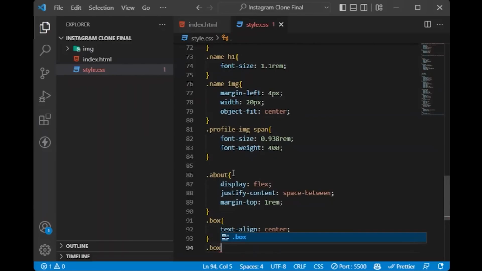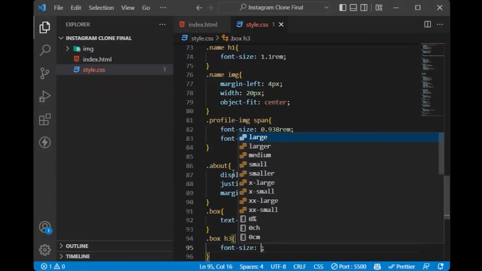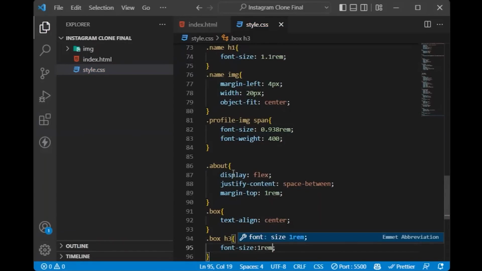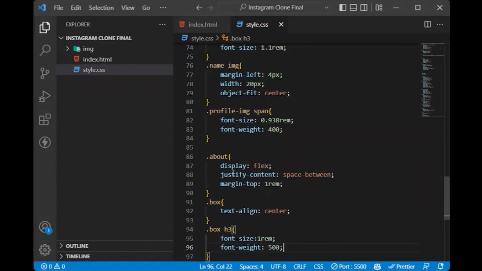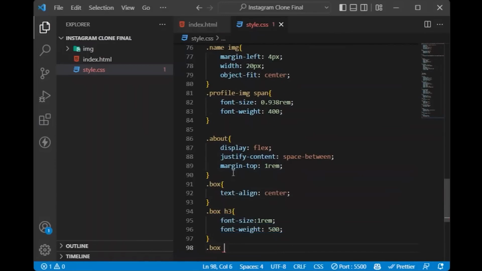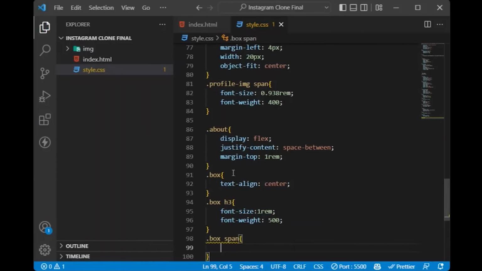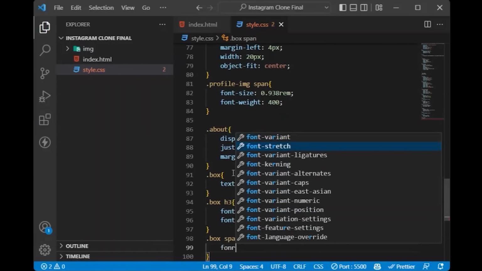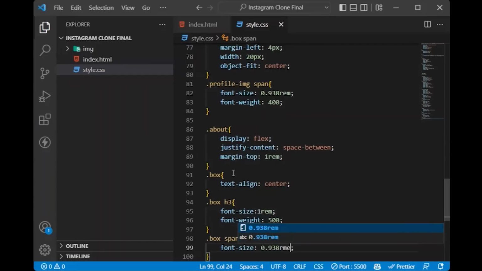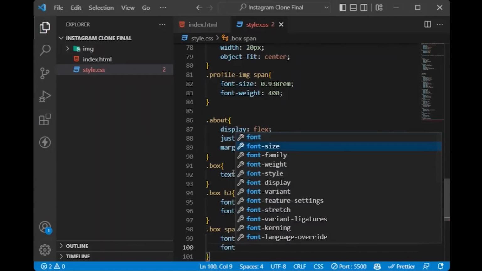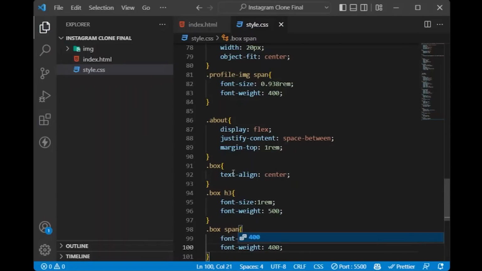Go to select the box and go inside the h3 tag, say font size as 1 rem, select the font weight as 500, and in the box select the span, keep the font size as 0.938 rem, font weight as 400,